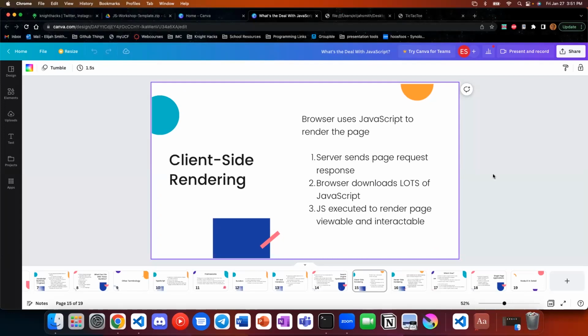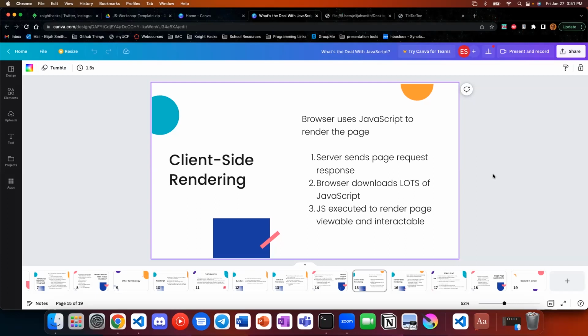All right, in the home stretch. We're going to talk about different kinds of rendering. If you pursue front-end web development, eventually when you start talking about different frameworks, you'll run into different kinds of rendering, like client-side rendering and server-side rendering. There's other ones as well that are more experimental, but those are the main two.